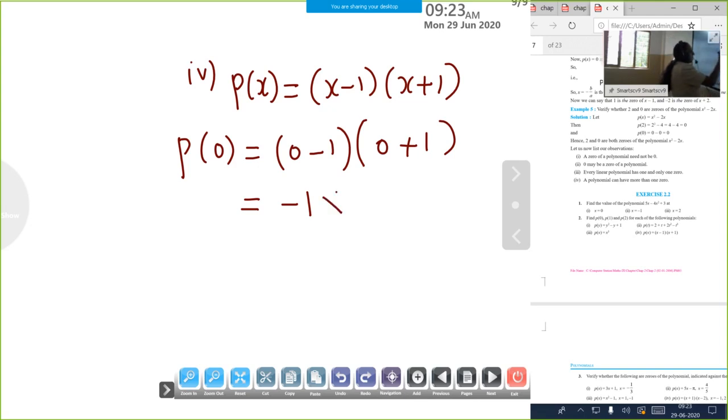The two brackets show the sign between them is into. Here the sign is into. Then what is 0 plus 1? It is also 1. Next up, minus 1 into plus 1. One negative sign, one positive sign, so the answer is minus. So the answer is minus 1. Okay. In the same polynomial, we need to find P of 1.